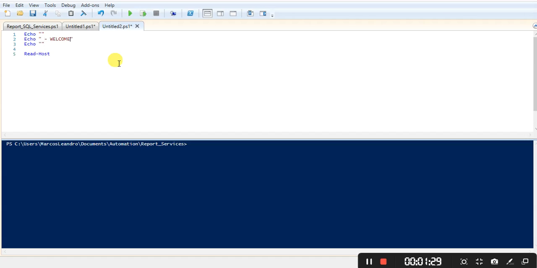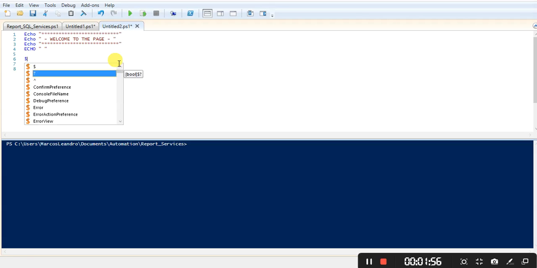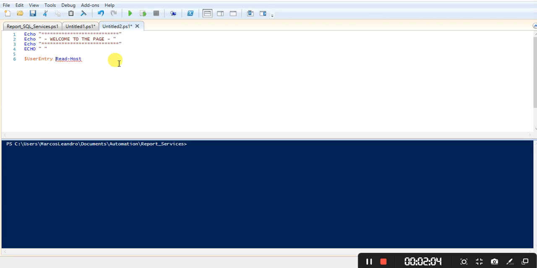So I am going to say here, welcome to the page, right? Just playing a little bit. I'll try to leave it fancy for our customers in a way that everyone can develop scripts. I'll create a variable, user entry, and then I will put it equal Read-Host. Okay,